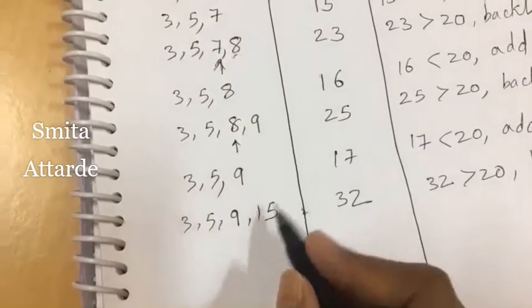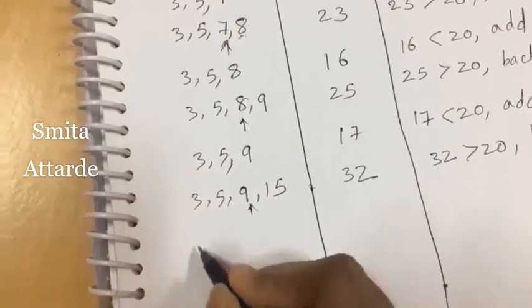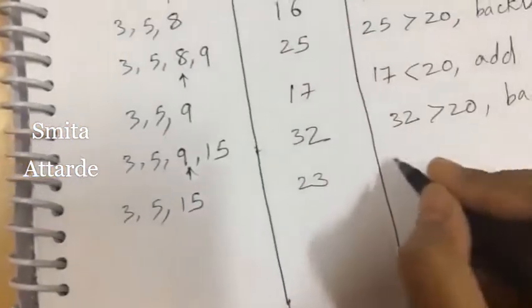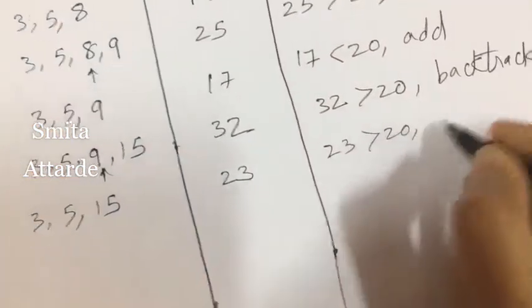So backtrack means I'll change this 9. So I'll have 3, 5. Now after 9, what do we have? 15. So 3, 5 and 15, which will give me 23. 23 is greater than 20. So again